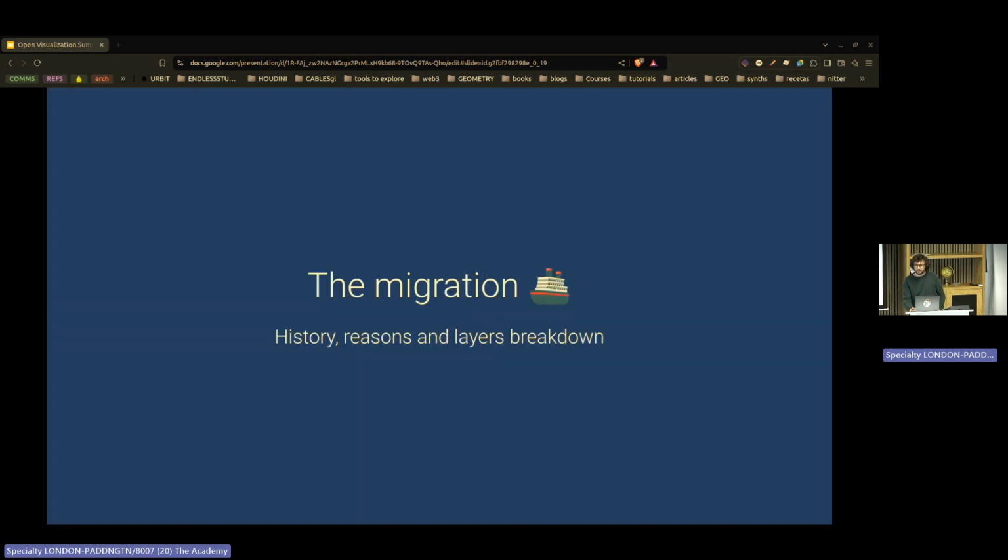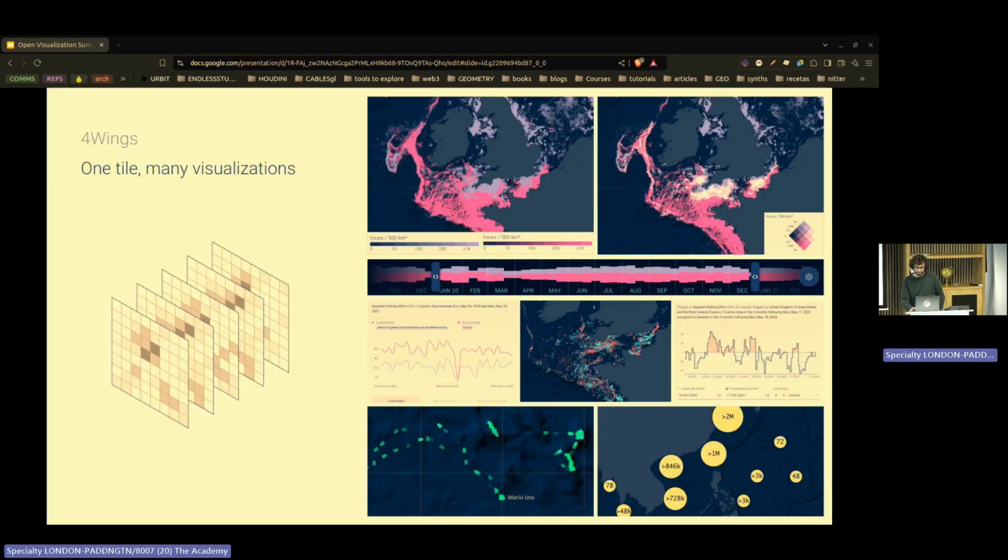Sorry, was it bivariate color scale in the heat map? Sorry? Is this a bivariate color scale? Yeah. Yeah. So we can